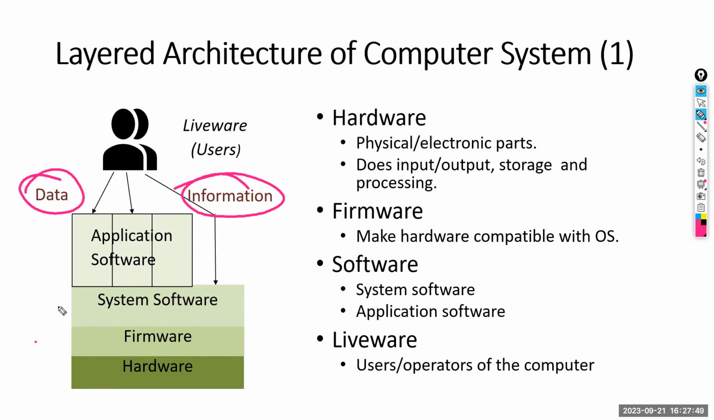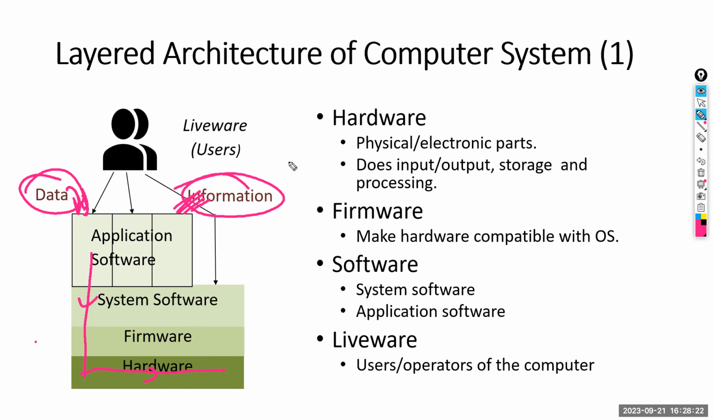Right? So data is gathered through your application software, and information is given back to your output devices by your application software. That is why we say initially your data is processed by application software. But that data has to go ultimately to the hardware layer, and at the hardware layer it gets processed by the microprocessor. Microprocessor is a hardware